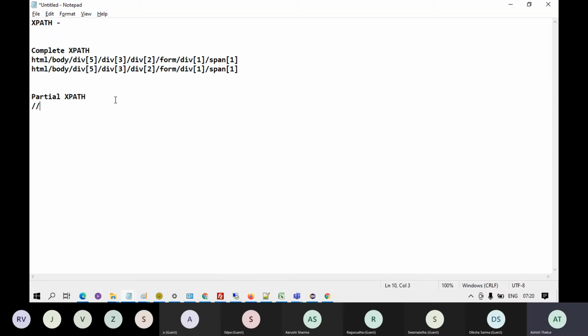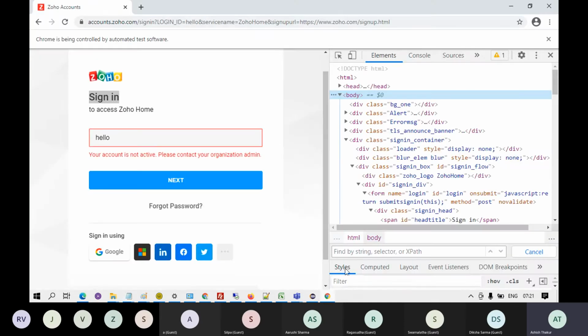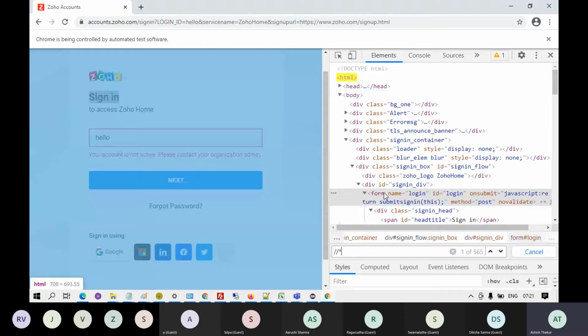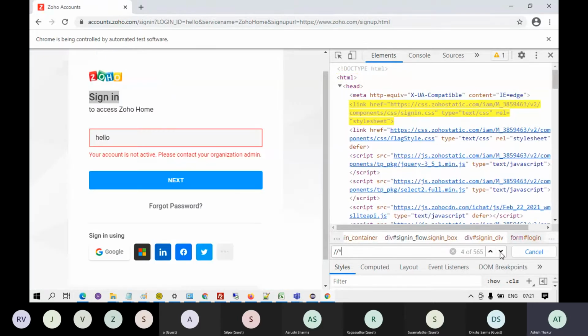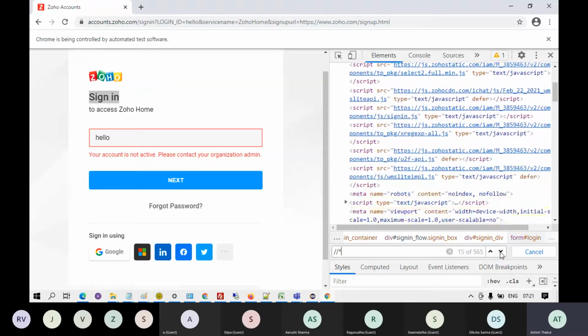Okay, double slash star. This basically means all the tags on the page. Okay, if I write double slash star and if I hit Control F and write double slash star over here, it will represent every tag on the web page.